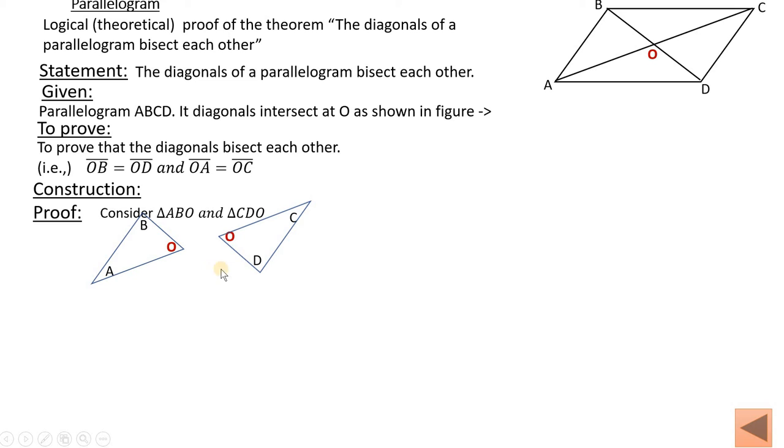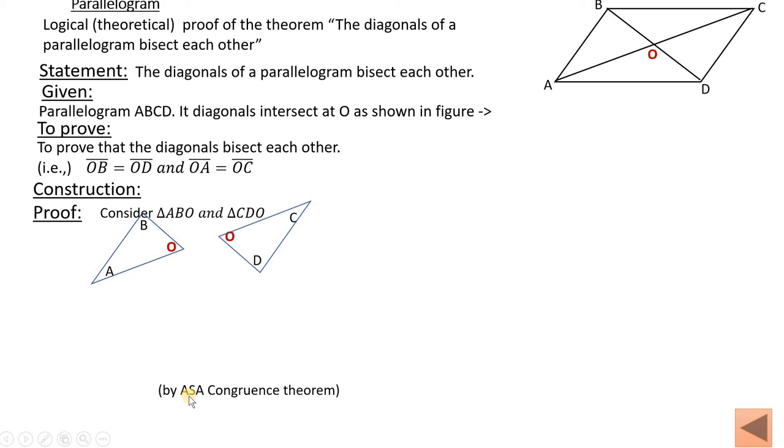So how are we going to prove these two triangles are congruent? We have certain axioms to prove that two triangles are congruent. Theoretically, we have some theorems and axioms. We have an axiom called angle, side, angle: 2 angles are there and the included side. If there is a correspondence between 2 angles and one side of one triangle with the other, if there is an equivalence relation, then you say the 2 triangles are equal. So we will make a table like this. We are using the ASA congruence theorem.